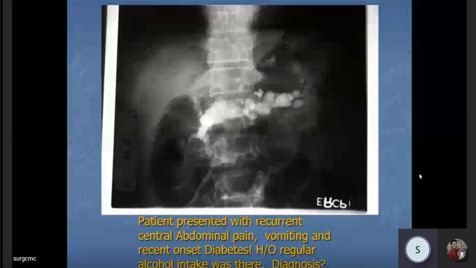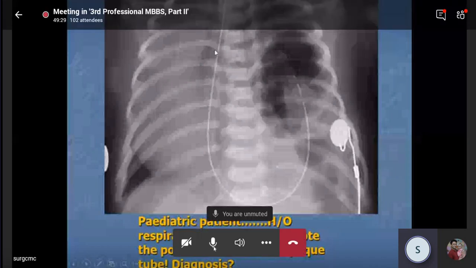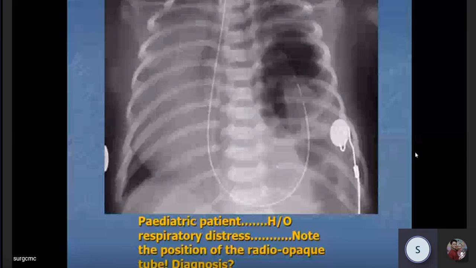Anybody? This is a nasogastric tube. I mean, Ryle's tube. It's a small kid. Congenital deformity. It's a congenital diaphragmatic hernia. It is good to hear; I wish I could have said these at your age. You can see the fundic shadow. This is the stomach fundus within the thoracic cavity. The stomach has gone up, so the Ryle's tube inserted has gone within the thorax. It's a case of congenital diaphragmatic hernia.